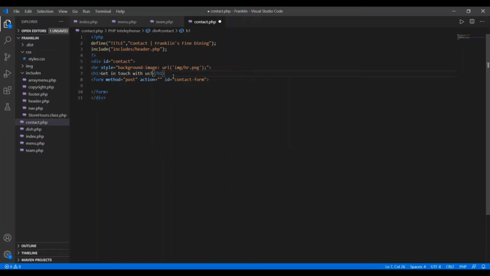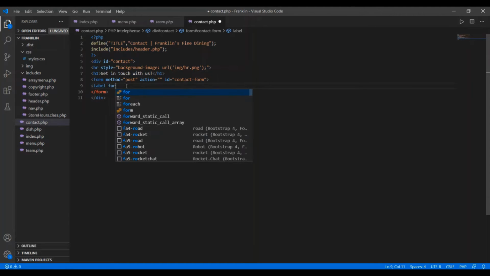Now after this we have to design our form. So here I'm using the form. What I need to do first is create the label. For this I'm using the label element, and this is for name.